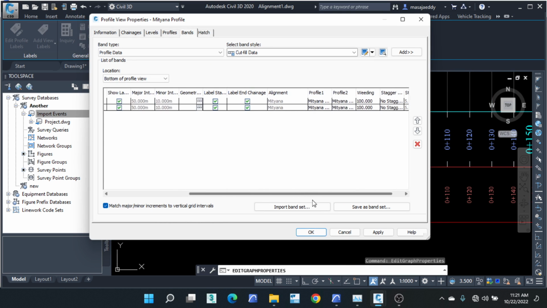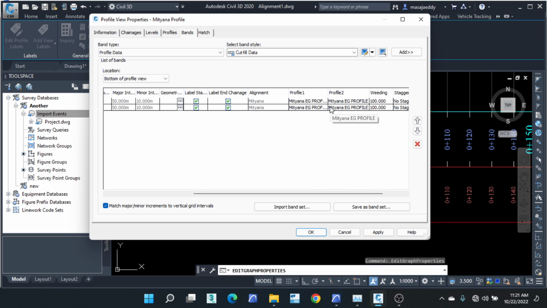So if I move to the left hand side, they are showing me what they call profile 1 and profile 2. Remember, for cut and fill, it's supposed to be one profile subtracted from the other, right? So as you can see, my profile 1 is equally the same as my profile 2, right? So you're supposed to vary those two. For example, if my cut is going to be profile 1 minus profile 2, I'm supposed to define profile 2 as something different. Okay, so you can choose now the design profile. Okay,